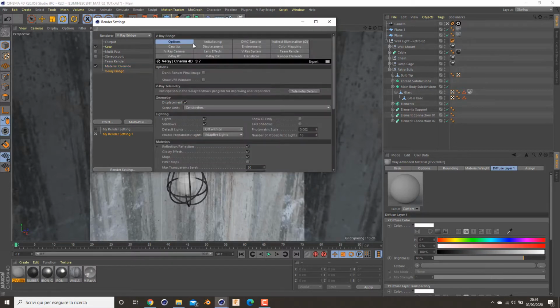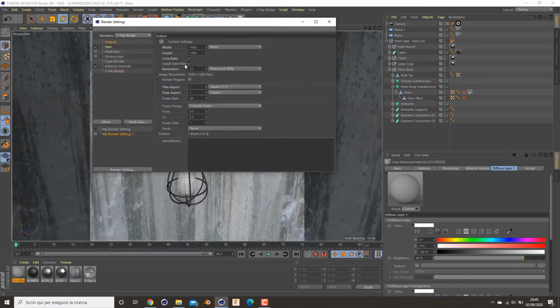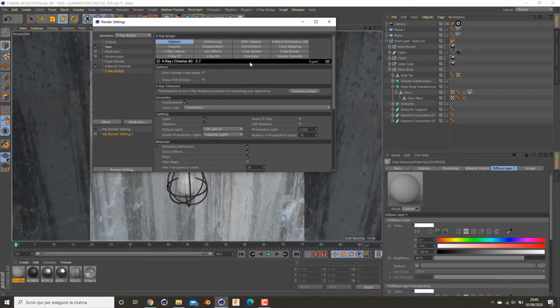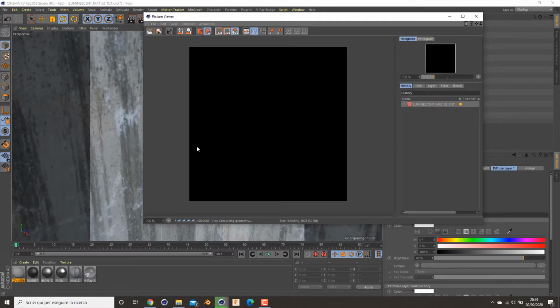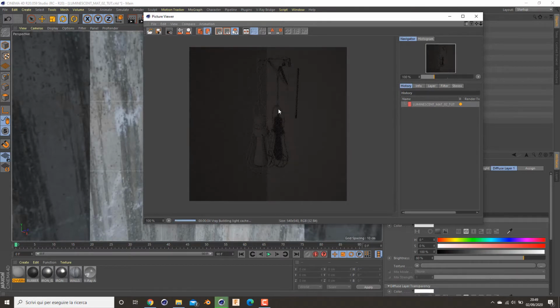Now, if I try to render this scene, sorry, 180. I want to decrease a bit my pixels in my scene for a quick test. If I render out this scene, as you can see, I will have the material that overrides all the materials in my scene. Okay, this is a basic